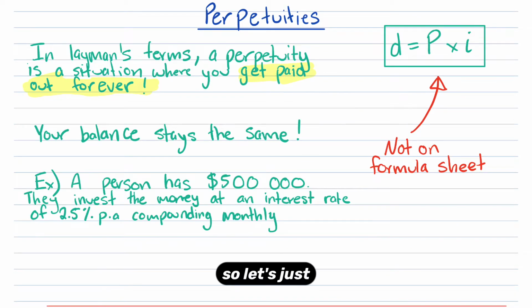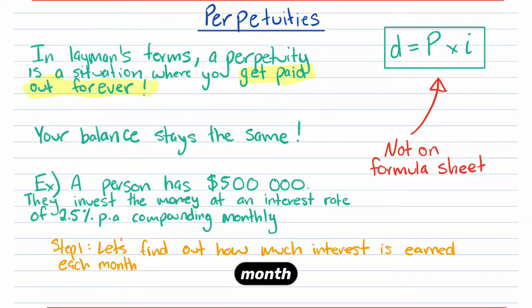So let's just think of an example of a person having $500,000 saved up. Maybe they've inherited that money, maybe they've saved it. Somehow they've got $500,000 sitting in their bank account. They choose to invest the money at an interest rate of 2.5% compounding monthly. That's the situation. Now, let's just find out how much interest they would be earning every single month if they